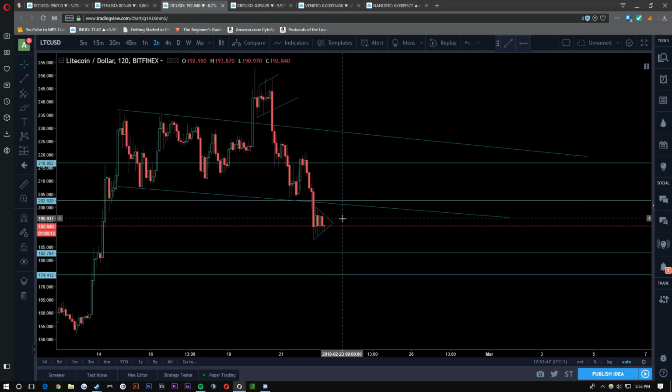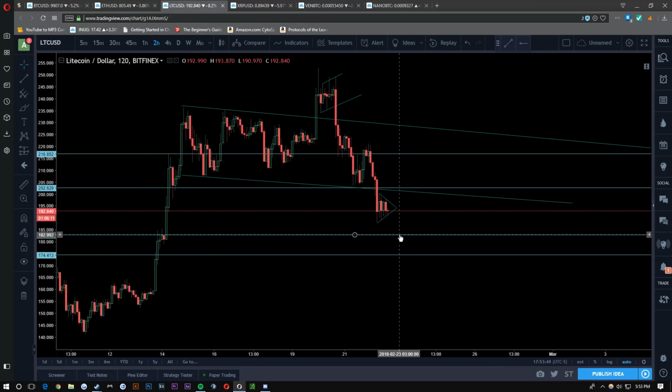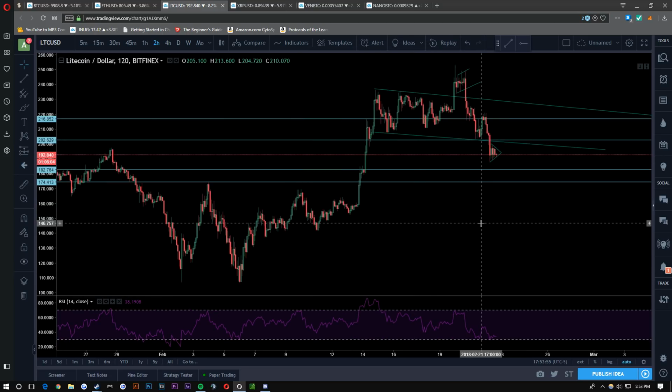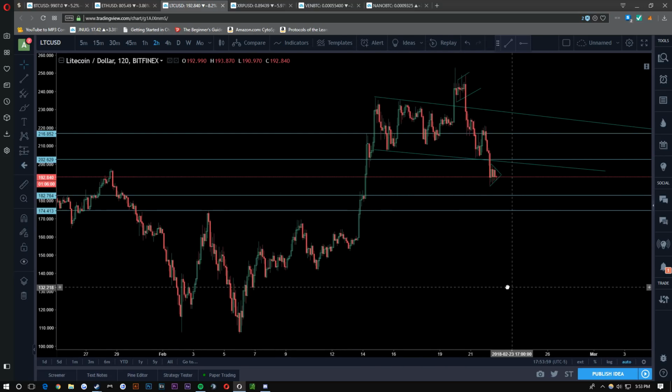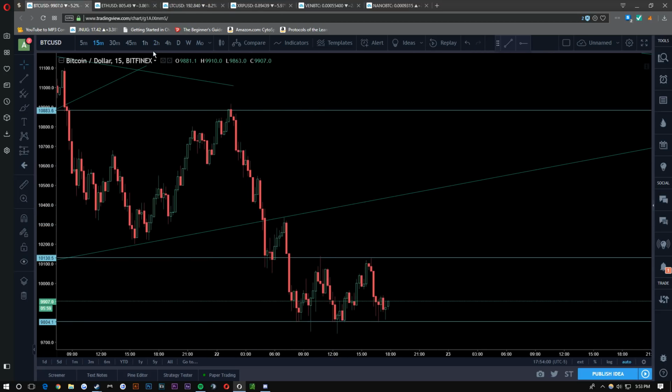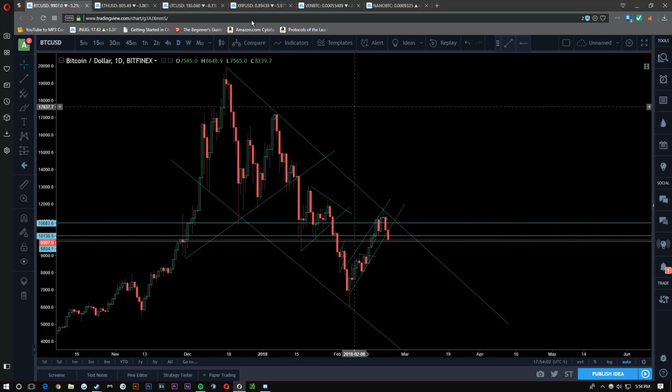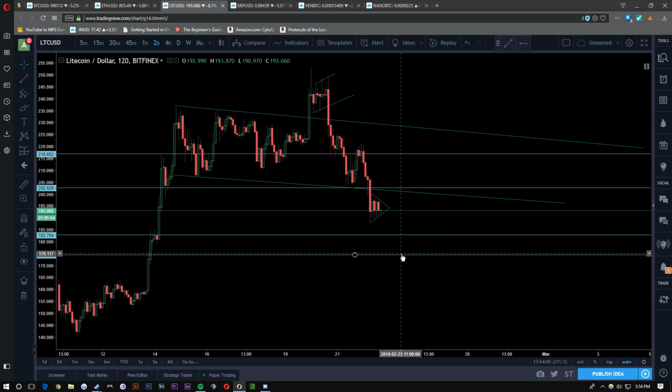Yeah, if we break out of this, then we probably will bounce right here and hold here for a while. And if we move down again, I think that's right there. And I think if we break that, then we're going into free fall, which makes sense, because if we break, what is this,